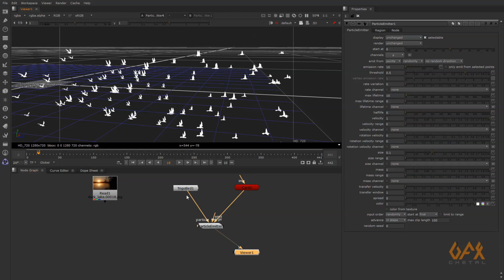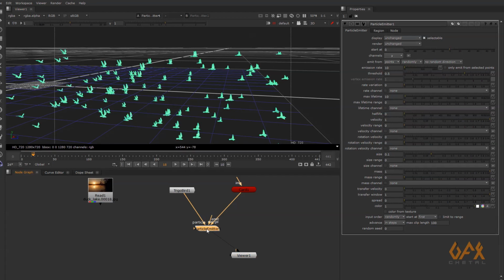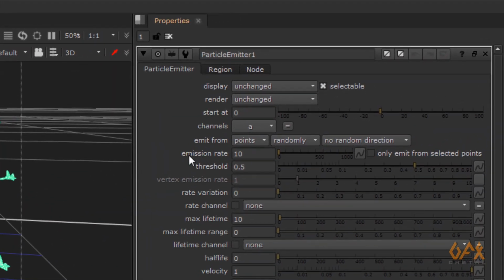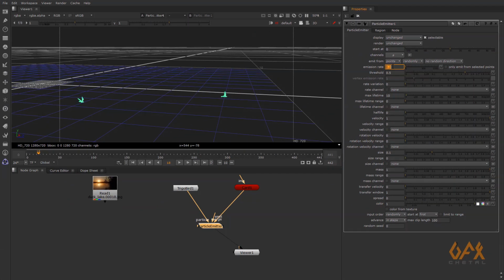So over here I go to the particle emitter and reduce the emission rate to maybe 0.2. That means every fifth frame we create one particle. So now see, at 5 it created one.